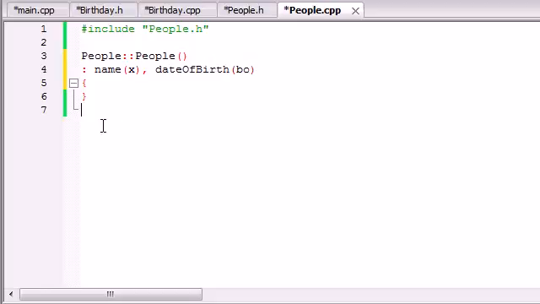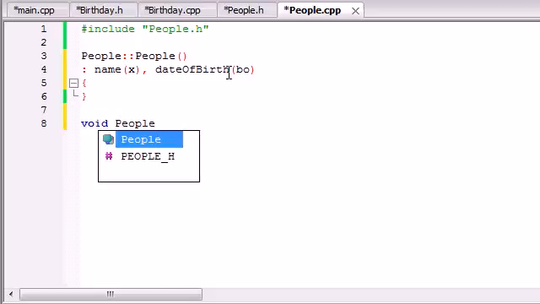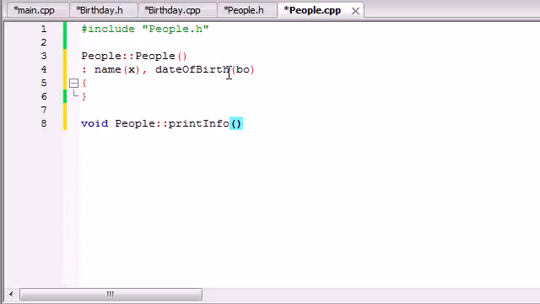So let's take that information and we can use that whenever we're building this other function, print info. Let's go ahead and, I guess I don't need to do anything before that. So let's put void people print info, and of course this print info doesn't take any information, but it's just going to print something out on the screen. What it's going to do is cout your name variable, which would be Bucky Roberts, and then go ahead and write something like was born on,